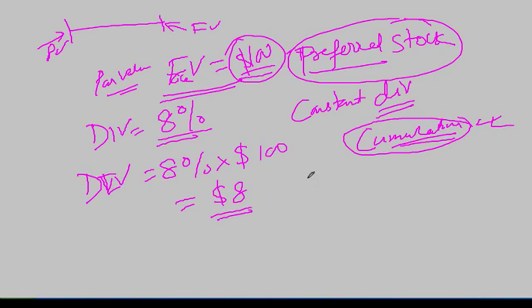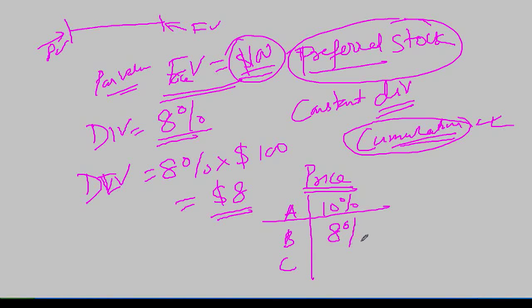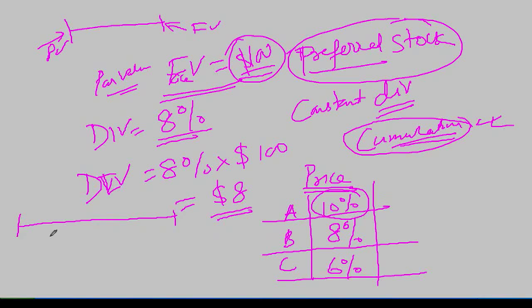I want to find out what price I should buy this preferred stock. I am saying three required rates of return. First, 10% is my required rate of return. Second case, my required rate of return is 8%. Third case, my required rate of return is 6%. I want to find out what price I should buy this preferred stock when my required rate of return is 10%. Now this preferred stock valuation is a valuation where I will be getting $8. Till when will I be getting?